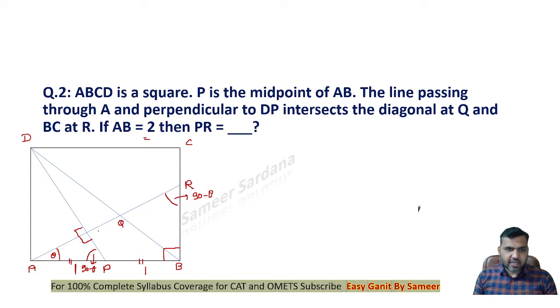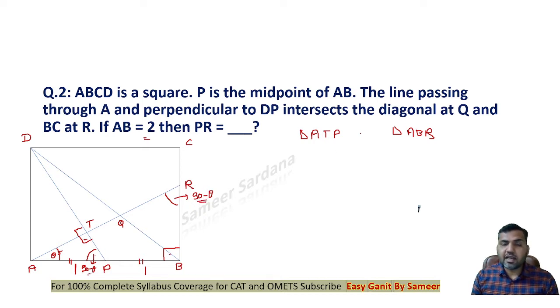Now look at the triangle, let's say that this point is T. Look at the right angle triangle ATP, and look at the right angle triangle APR. You can see that both of these two triangles are similar, right? The side opposite to 90 is 1, right? All the three angles are equal. This angle is theta here, which is common to both triangles. Then this angle is 90. This third angle is also 90 minus theta.